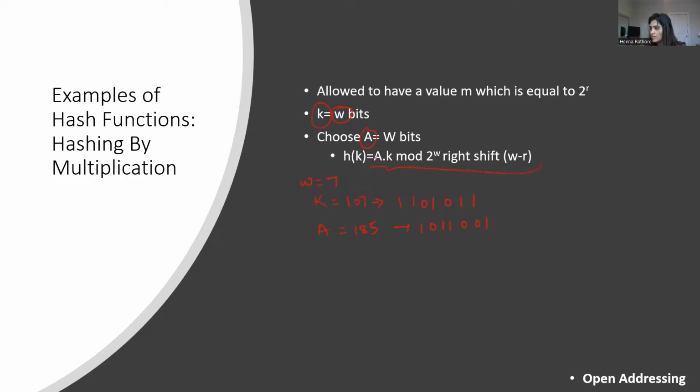So over here I am multiplying a with k. So this a and k would be multiplied. 107 times 185 would give you the value 19795. The output would be of w bits, 7 bits times 7 bits. So the output that I get is